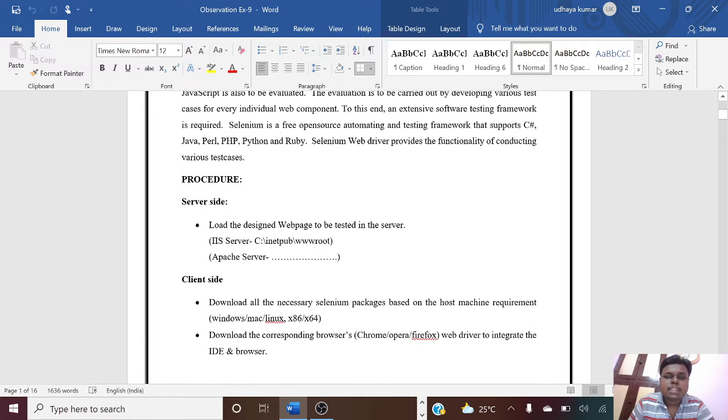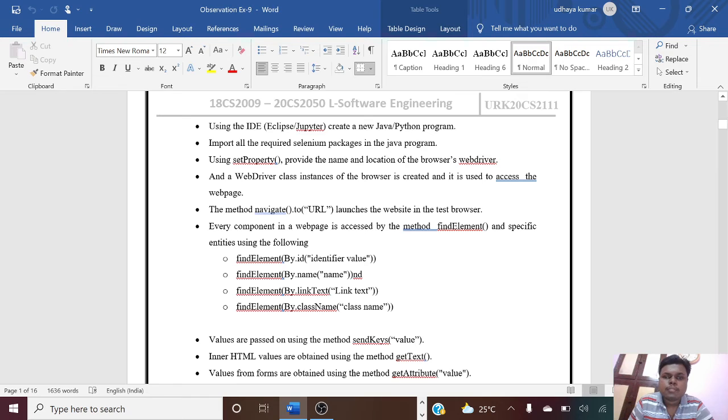Procedure: in server side, the loader loads the designed web page to be tested in a server. In client side, download all the necessary Selenium packages based on the host machine requirement, and download the corresponding browser WebDriver to integrate the IDE and browser. Using the IDE, create a new Java or Python program.